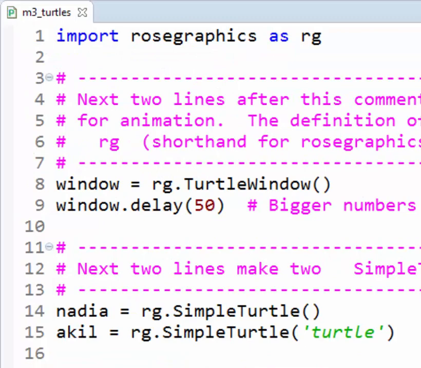In line 8, the notation rg.turtleWindow, parentheses, says to go to the Rose Graphics module, locate the code that says what a turtle window is, and construct a turtle window object. The left-hand side of line 8 says that the name window refers to that turtle window object. So a name followed by an equal sign followed by a value makes that name be a reference to that